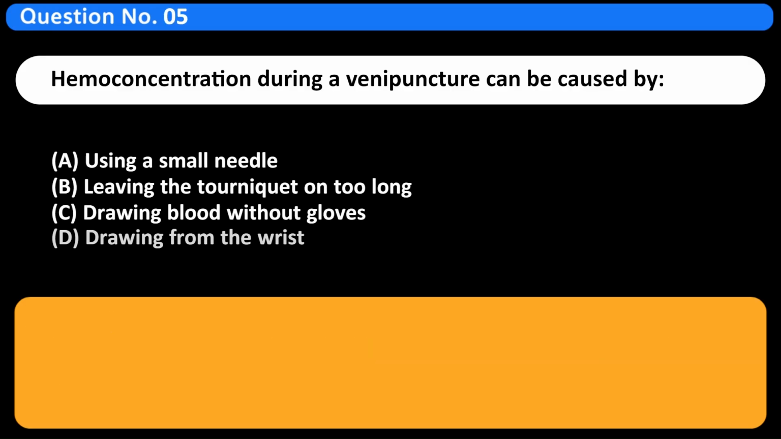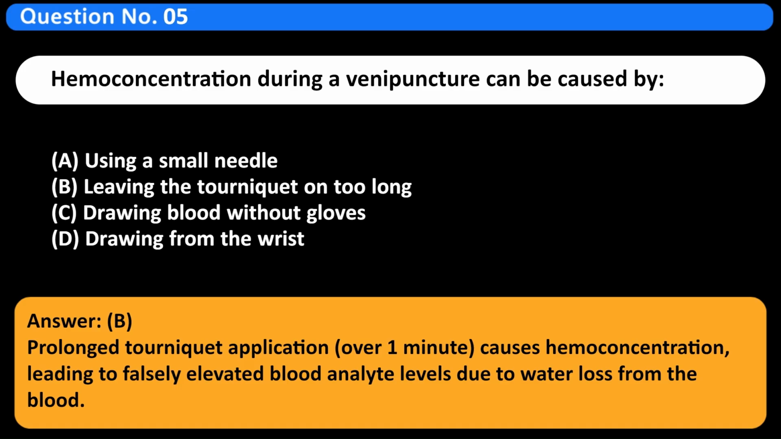Hemoconcentration during a venipuncture can be caused by A. Using a small needle. B. Leaving the tourniquet on too long. C. Drawing blood without gloves. D. Drawing from the wrist. Answer: B. Prolonged tourniquet application over 1 minute causes hemoconcentration, leading to falsely elevated blood analyte levels due to water